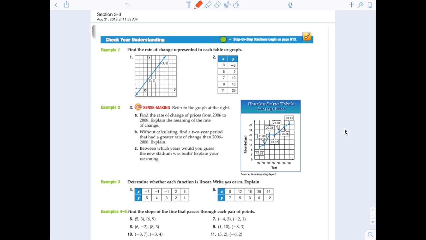Now, generally, when you're drawing a line, there is a y-axis. Come on. Stay with me. Everybody's got to listen. It's the important part. There's a y-axis, and there is an x-axis. The y would give some type of comparison, and then the x would also be some type of comparison. For example, you could say time, and you could say money. So if your y-axis is money, and your x-axis is time, you're going to say the slope has to deal with the change in y over the change in x.